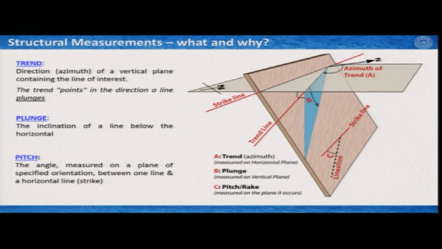Let us have a look at how to measure the linear features. So, I have the same plane here, and in this plane I have a series of linear features, as you can see. Now, our aim is to measure the orientation or attitude of these linear features. There are three terms associated with these linear feature measurements: one is trend, one is plunge, and another is pitch. Let us have the